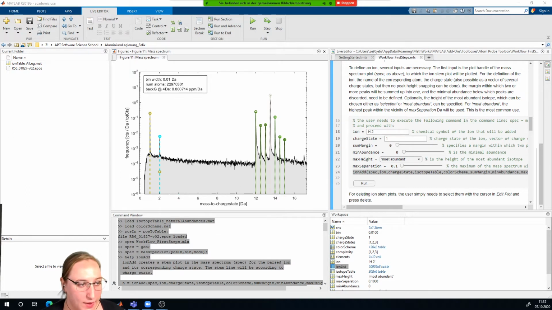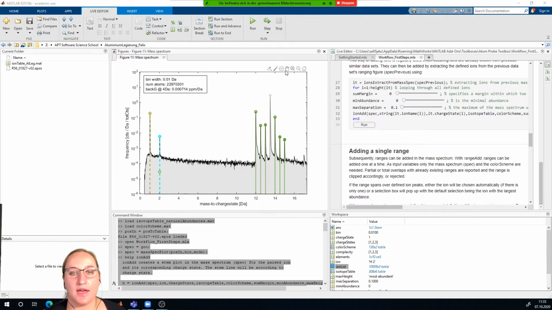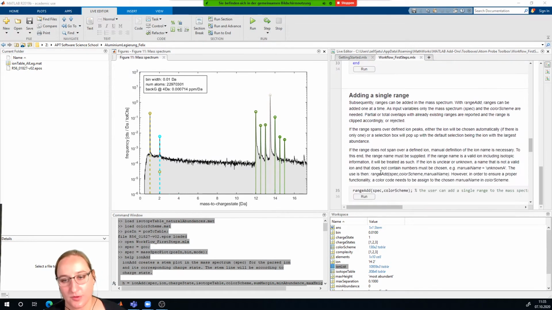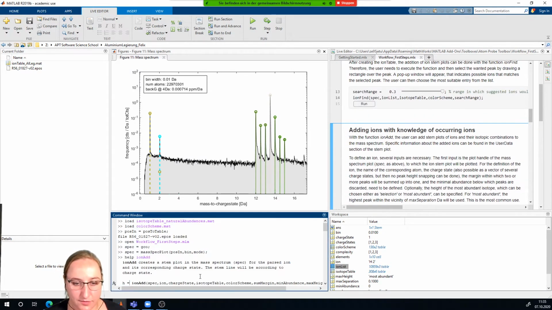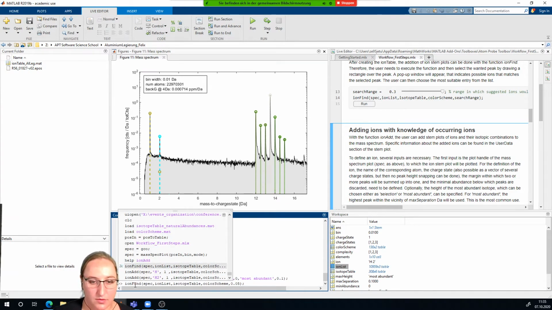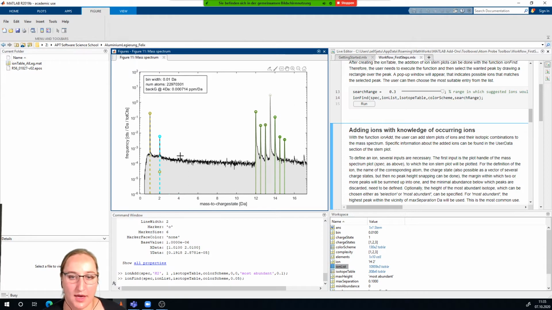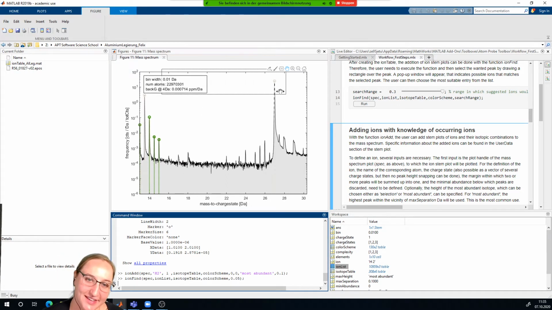Now there's no way to zoom into the mass spec with the Ion Find app, but if you start the Ion Find app, you can hit the plus button and then zoom in. So I can start it again and show it to you. I don't have it here. Then I hit the button. I go there. Okay, it's not working. I thought it's going to work. So you need to first